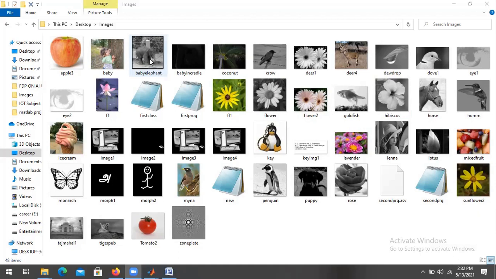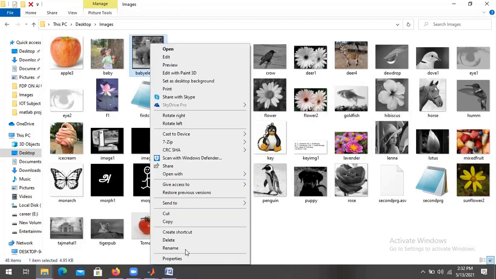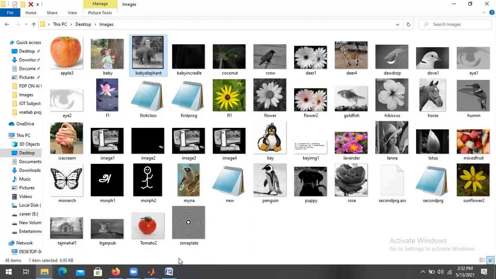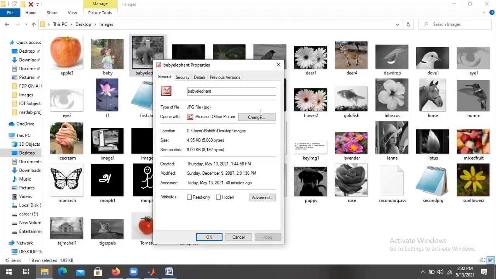I don't know about the properties of the elephant; not able to see the resolution.